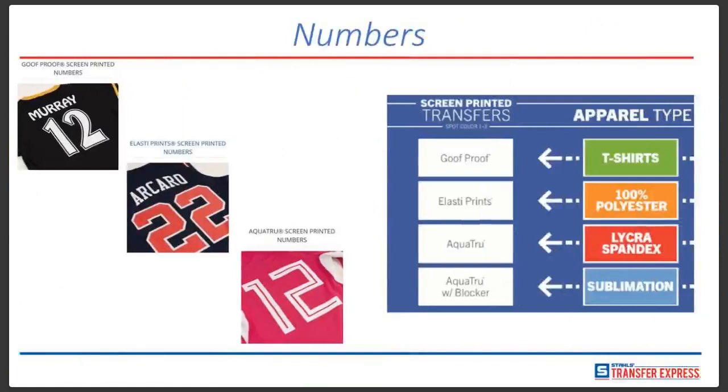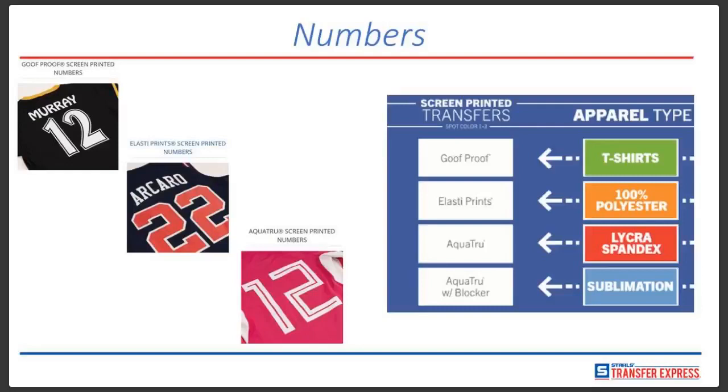So for numbers, we have several different types. On the left here, you'll see goof-proof screen printed numbers. Those are probably our most popular. Really good for 100% cotton, 50-50 blends, cotton poly blends, and even 100% polyester on those really thick polyester mesh jerseys, practice jerseys. Goof-proof works really good on those too. In the middle, you'll find the Elastoprint screen printed numbers. Primarily, we're recommending those for 100% polyester, your moisture wicking materials, Nike, Under Armour, dry fit material. It's got a nice elasticity to it, and it goes on at a lower temperature,